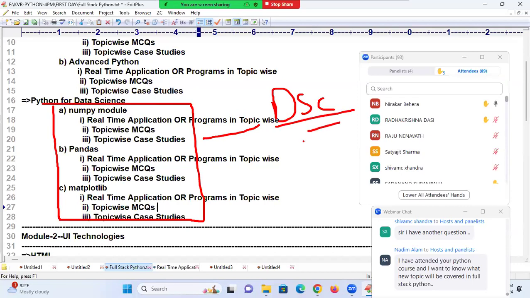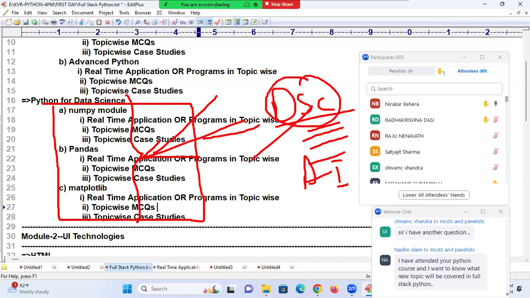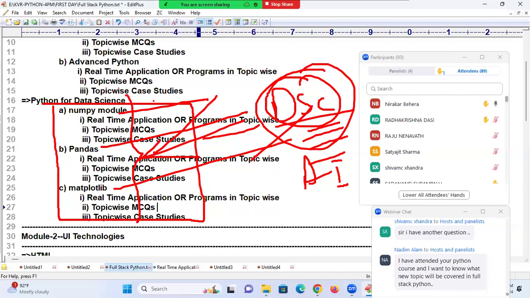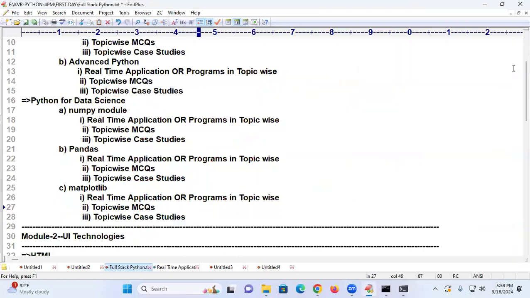In that data science, a lot of topics are there. AI also will be coming here. Don't think this is the data science course. This is Python modules for data science. I'm not teaching data science here. In data science, we use NumPy, Pandas, and Matplotlib. That is what is written here, not data science content. I hope you are following.